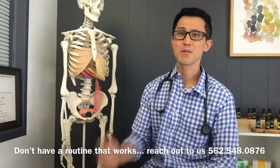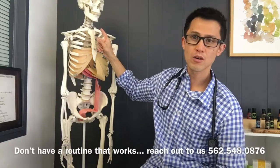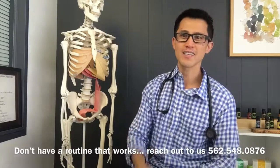Hopefully that helps. Please share, and again, getting to the bottom of the source of what's bothering you, the middle cervical fascia is a key player. Investigate that, treat it, try the hyoid flick, and then